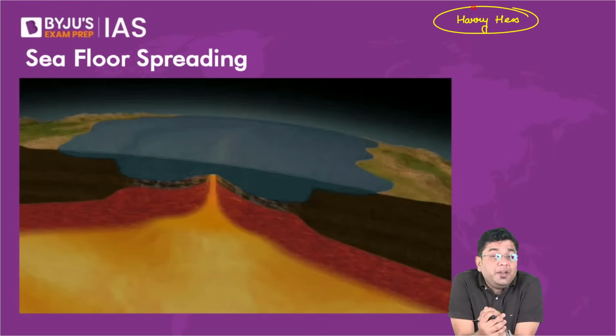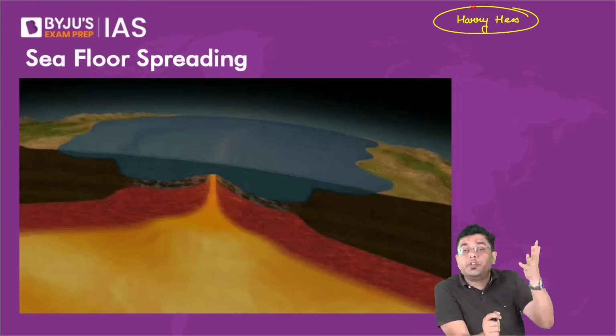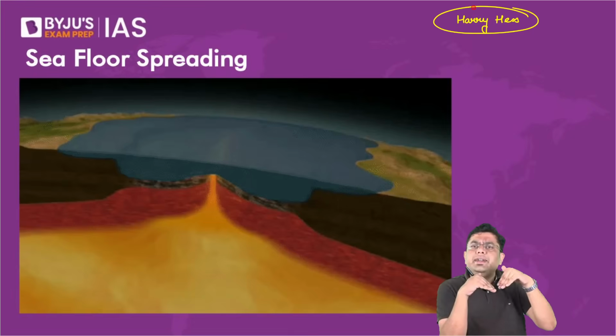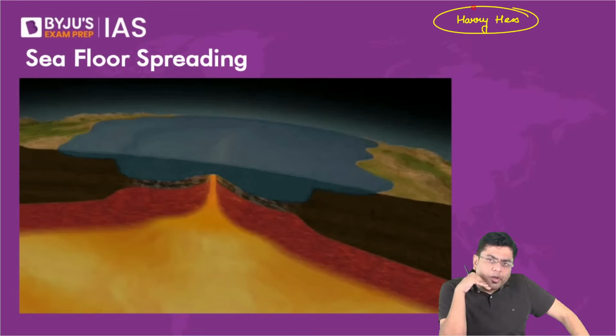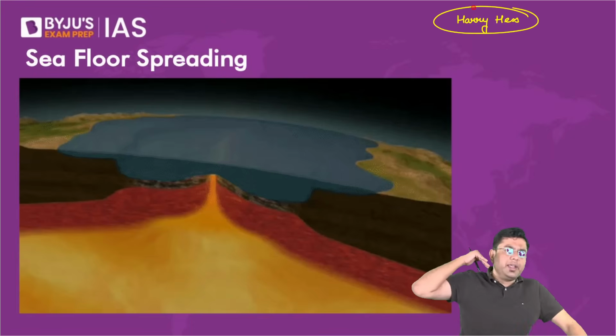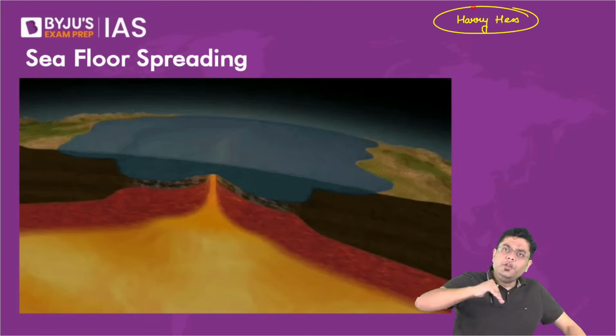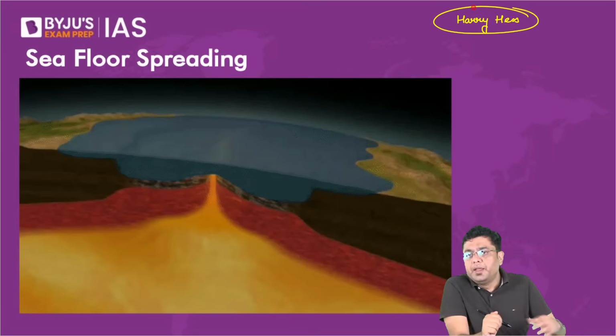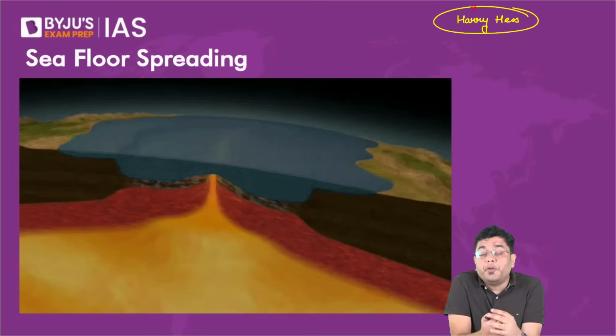First observation that he made was that the bottom of the sea is not at all flat. The bottom of the sea has underwater mountains, it has ridges. Now, what do we mean by a ridge? A ridge is an area of slight elevation, right? That is referred to as a ridge line or a ridge in general, which has a slight elevation and is continuous. It is not a hill, it is not a mountain, it is a continued portion of an elevated area. So he observed that the seafloor is made up of all these distinct features: underwater mountains, canyons, trenches, and so on.